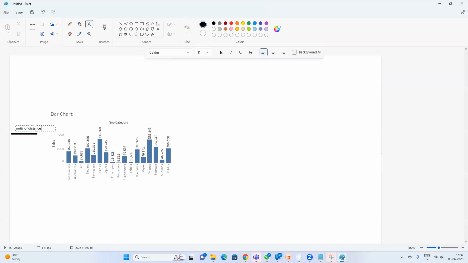From left. This is X. And Y is nothing but from top, what is the distance? How many units of distance is there? From top,